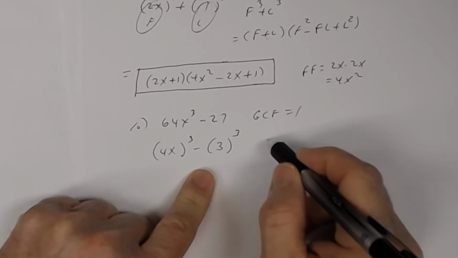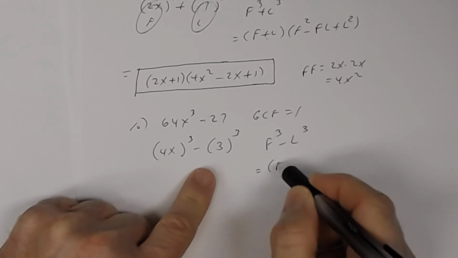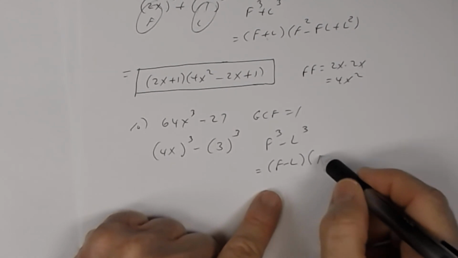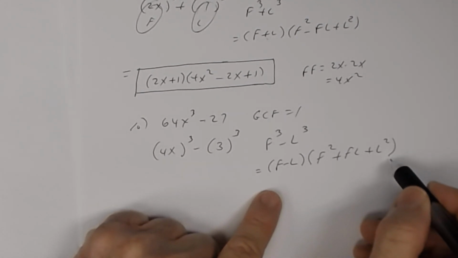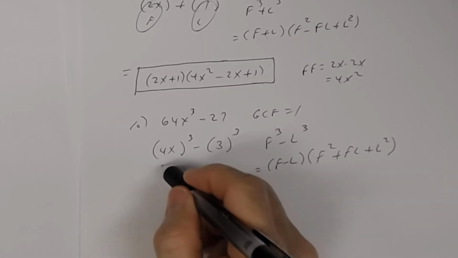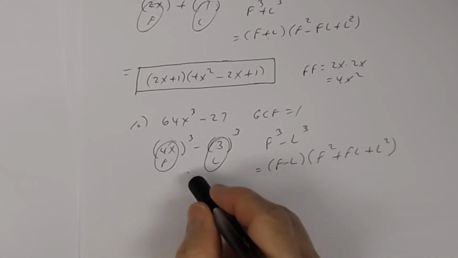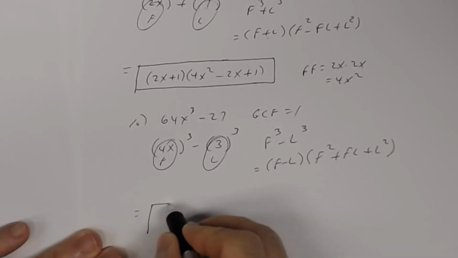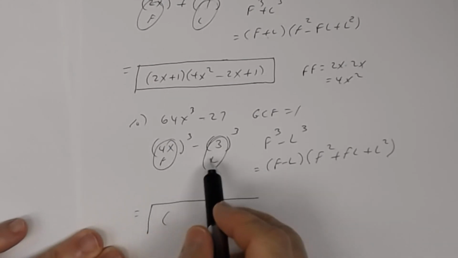So let's use the formula for that. f cubed minus L cubed. I'm going to get f minus L, the binomial, times the trinomial, which is f squared plus fL plus L squared. Then it's just a matter of taking 4x for f, and 3 for L, and substituting it in there. So the answer is going to be f minus L, so 4x minus 3,